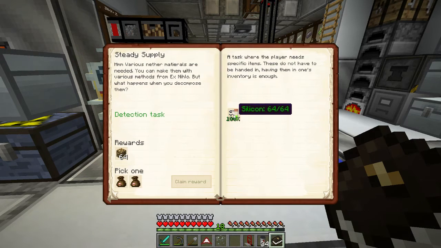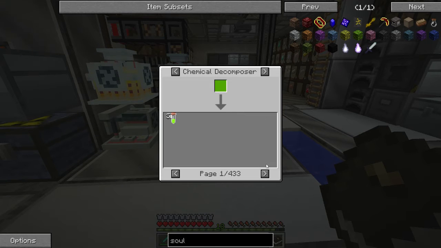Steady supply. Now this is silicon. Various materials are needed. You can make them with various methods from ex nihilo, but what happens when you decompose them? Yeah, so this is silicon, which I'm getting tons of from the cobble anyway, you know, from the silicon and the silicon dioxide stuff. So that's why I've already got that. But it's also, you get silicon a lot from decomposing netherrack,